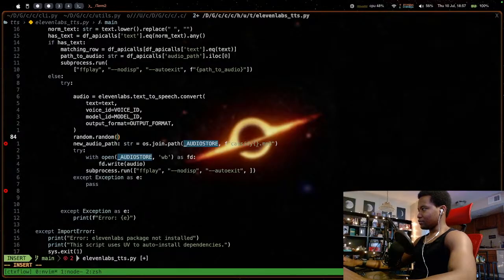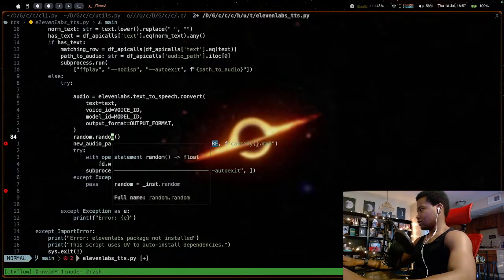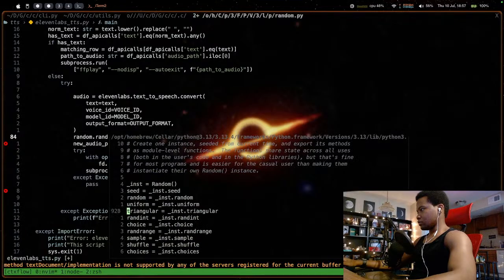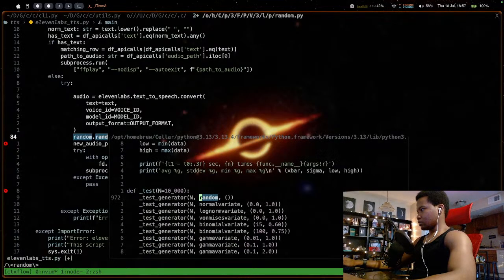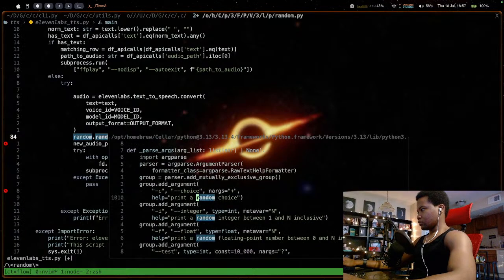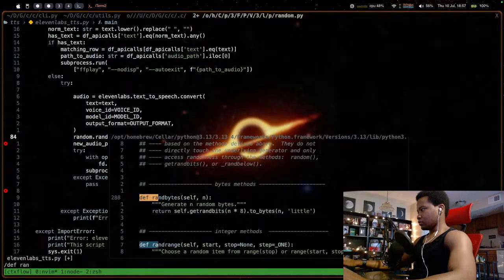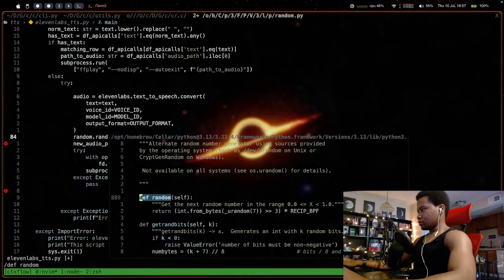Can I not? It doesn't take parameters. Get a random number from range 0. Okay, so it's a random number from 0 to 1.